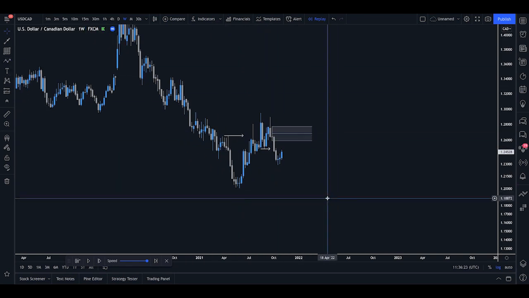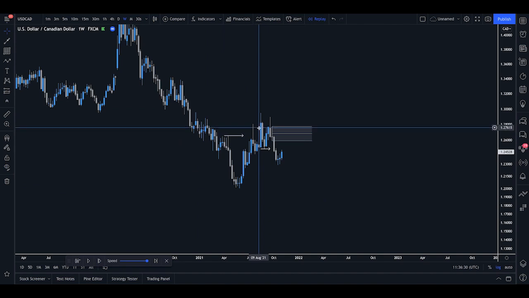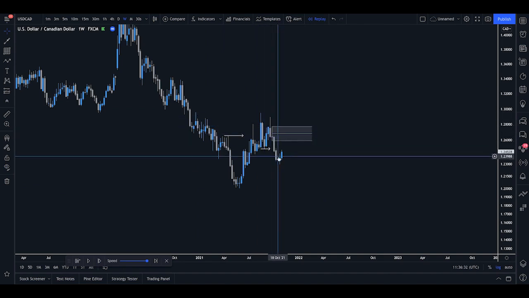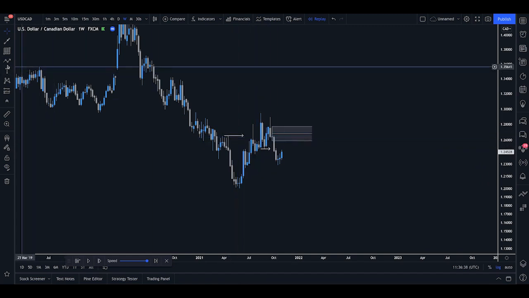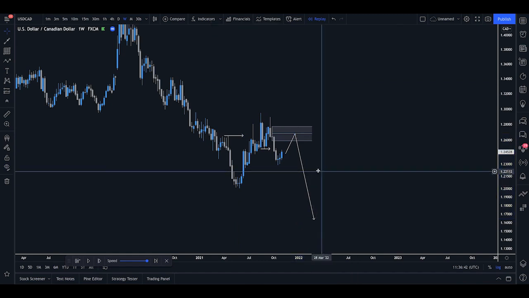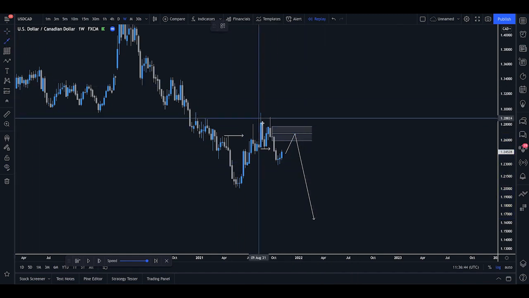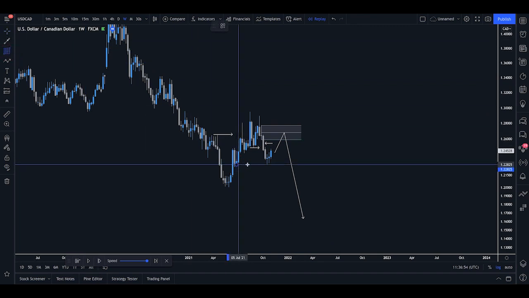So notice how when we started off, we just first of all looked at the structure to work out what the structure was doing, which was obviously bearish, turning to bullish momentarily, but then kind of turning to bearish once again. Looking at the structure here gives us an idea of where we'd like to trade. I mean, potentially we'd like to trade bearish from this point. But what does that tell us? Well, with the imbalance concepts that we use as well, we can see that we do have an imbalance into this point. Another thing to note is that we've also come in and retested this demand zone, which is a